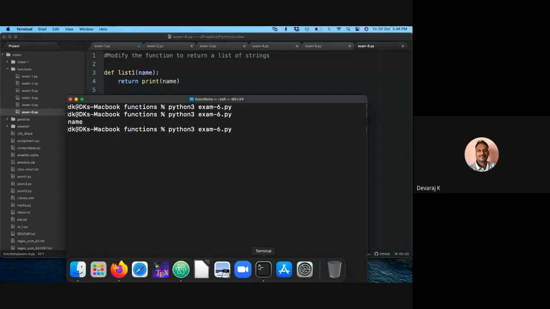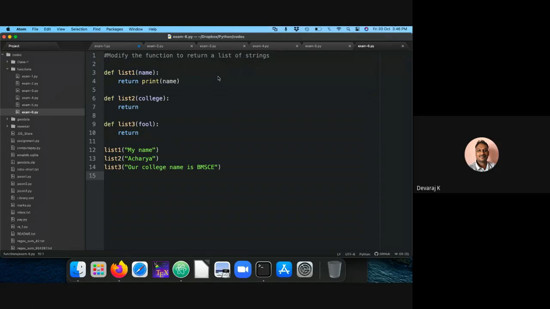Something blank, it's not taking. Yeah, the code is working, it's not an issue. Only it's not taking the blank arguments. It has to take the blank argument. If it is not there, it has to pass on. So it's a problem with 3.9 because I installed 3.9. Let me check it. Okay, no problem.